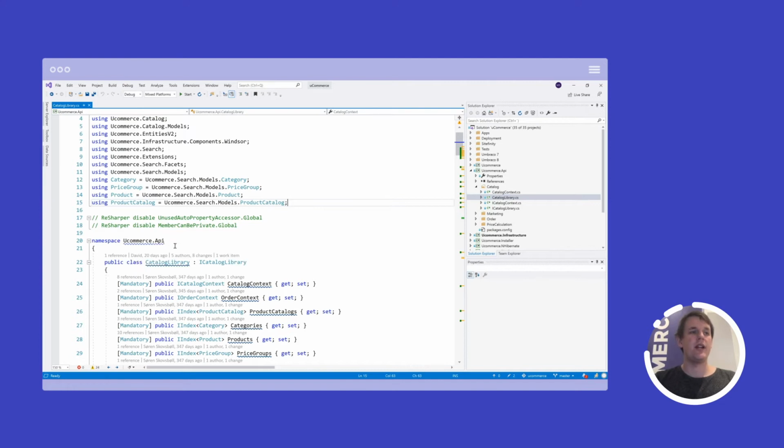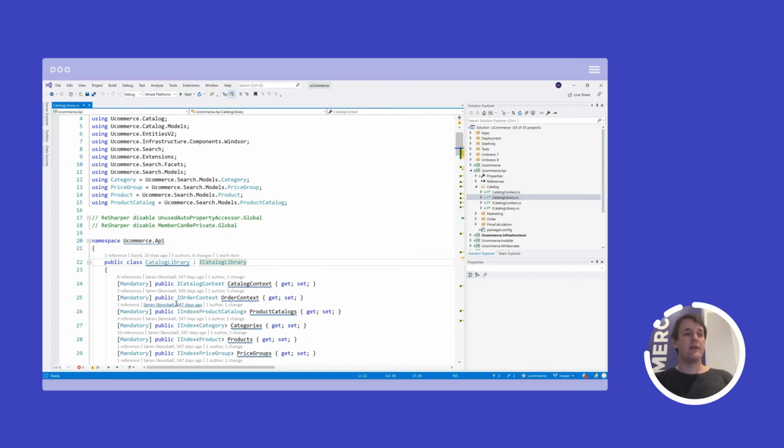So under UCommerce.Api.CatalogLibrary, we can see that it implements this interface, UCommerce.Api.ICatalogLibrary. So that means that we can register this implementation of this interface in the IoC container. And then wherever ICatalogLibrary is used, if you take a look at the implementation, you can actually see what type is being resolved from the IoC container. And that's where we have a chance to implement our own and make sure that it does what we want it to do.